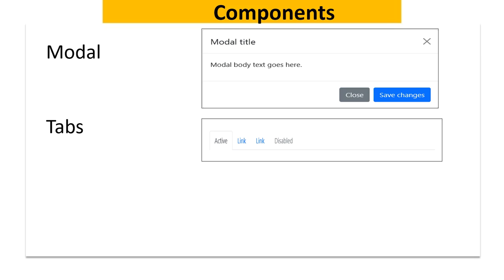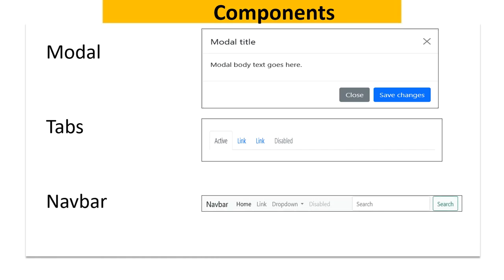Tabs. Like reviews and comments. When we are displaying the product detail information, sir, there are reviews as well as comments. So how are you going to do it, sir? By using the tabs. This is also very, very important in web application development.